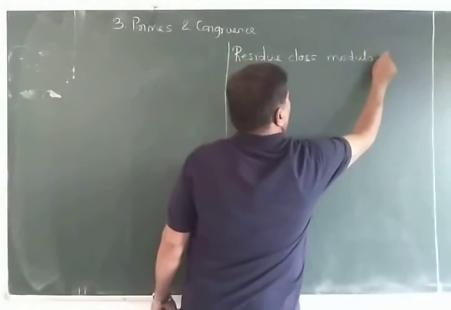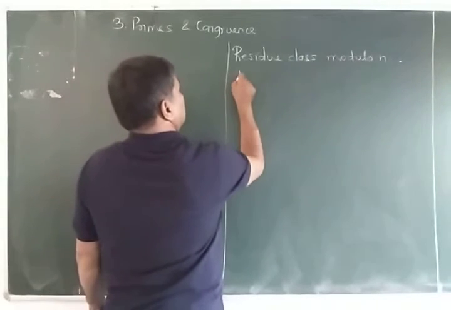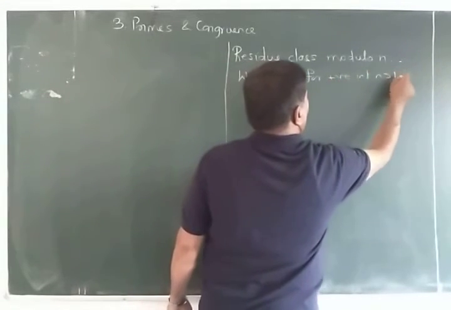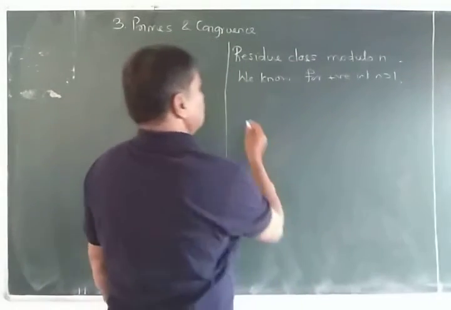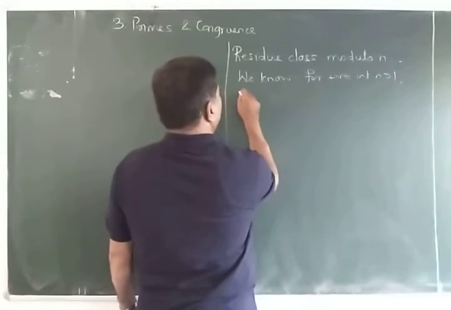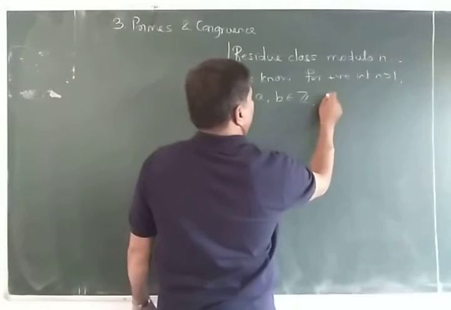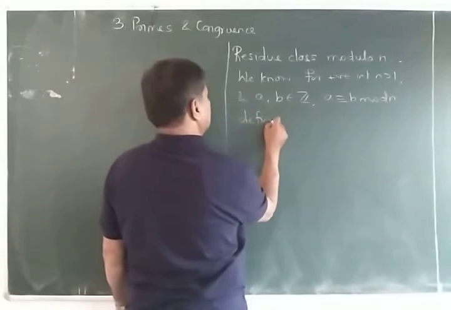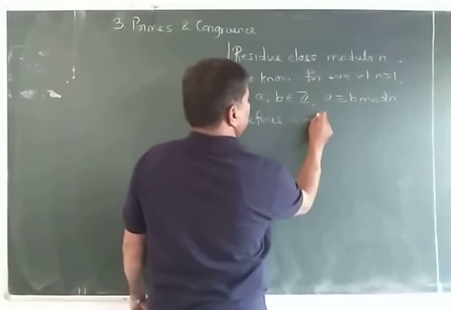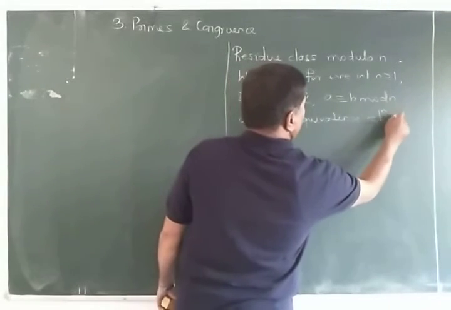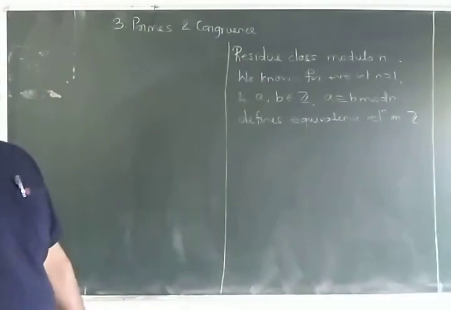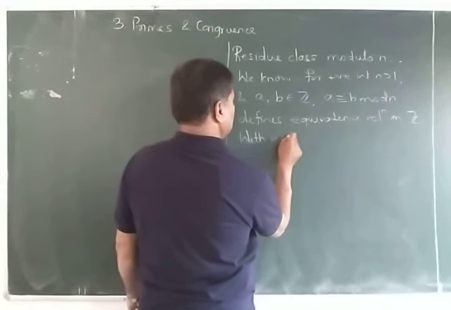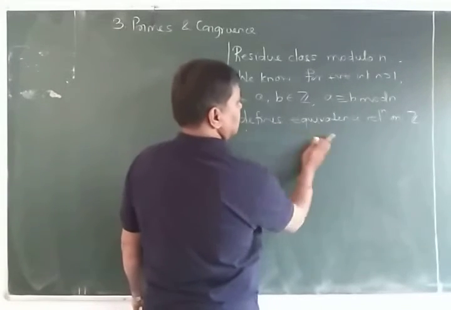Residue class modulo n. We know that for a positive integer n greater than 1, and a, b belonging to Z, a is congruent to b mod n defines an equivalence relation on Z. With respect to this equivalence relation on Z, then